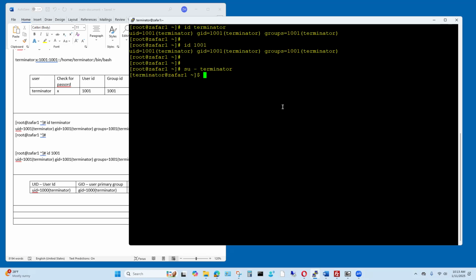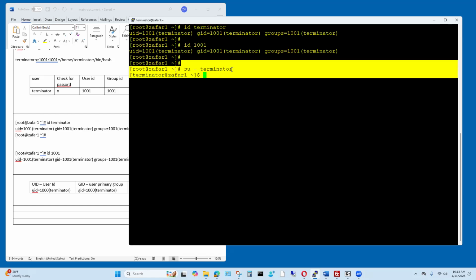Only root user is able to take the identity of any other user without a password. We didn't even set the password here. Did you notice? The root user became the terminator without even prompting for a password. Okay, so